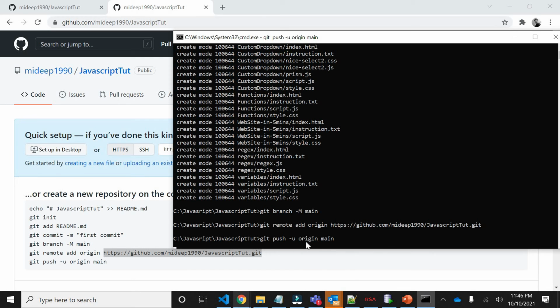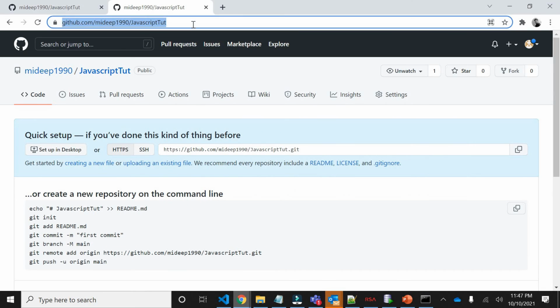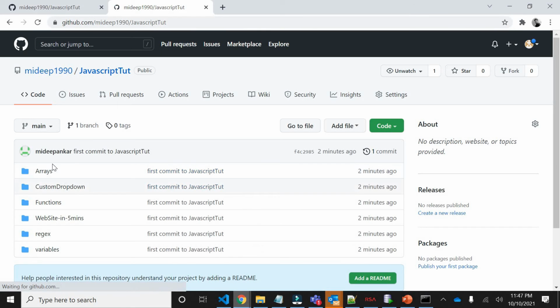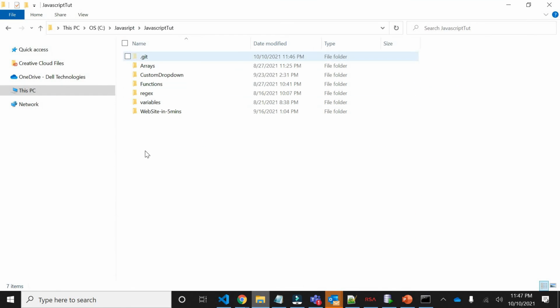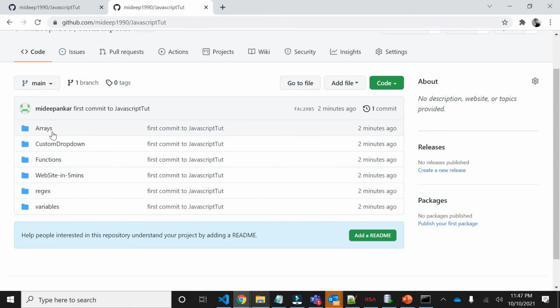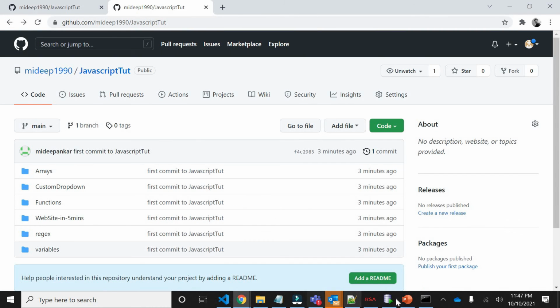Okay, so this step is crucial. It is pushing all the committed changes, whatever you had here, inside. Let's wait for that. Okay, let's refresh it and check whether something has been created. Yes, I got all my code available here. If I go inside, I have all these things. So my branch is successfully created here.